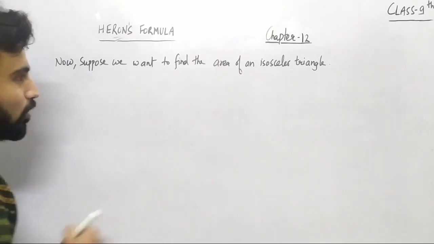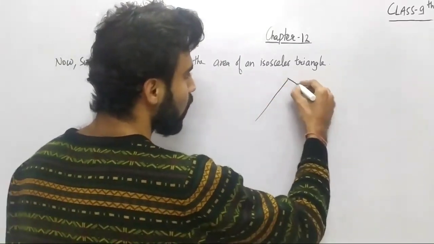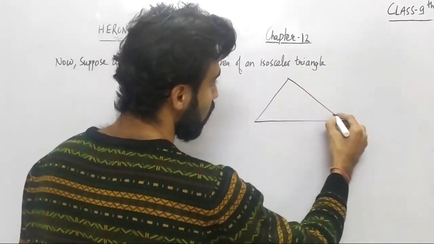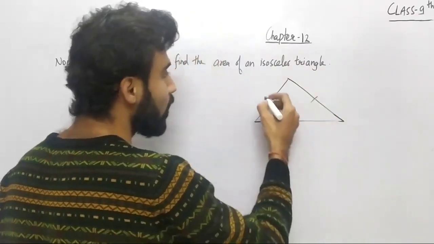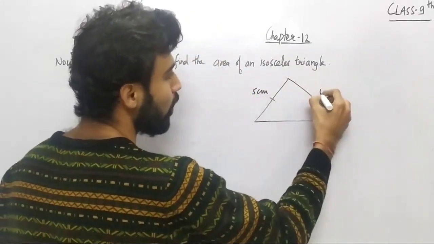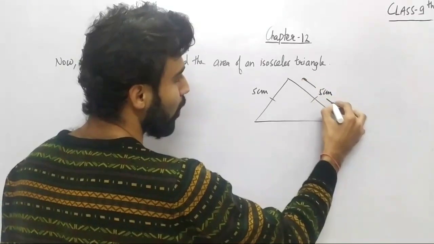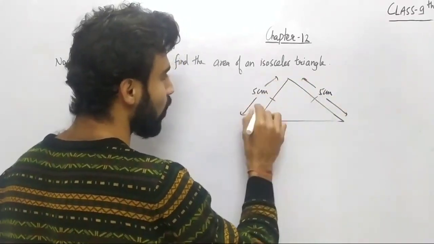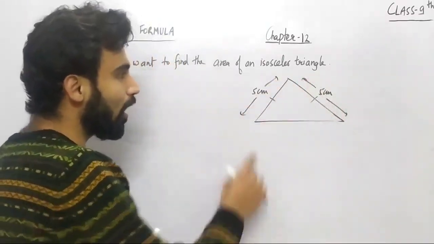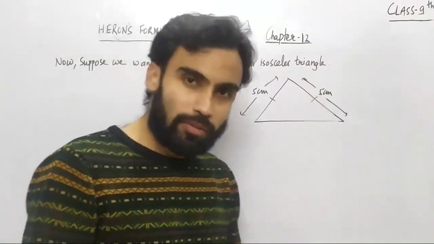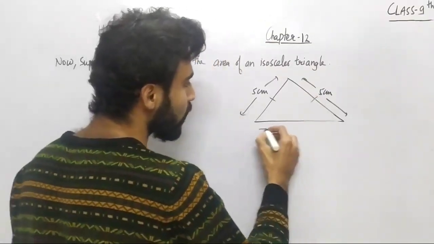So you can see if I just draw an isosceles triangle here with two equal sides given as 5 centimeter each, right? So we know this is an isosceles triangle, meaning two sides will be equal. So I have taken the length of the equal sides as 5 centimeter and the third unequal side